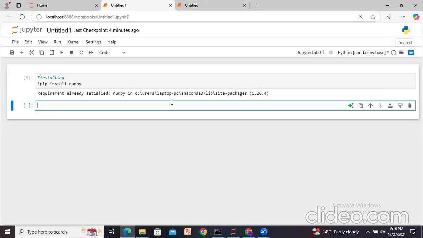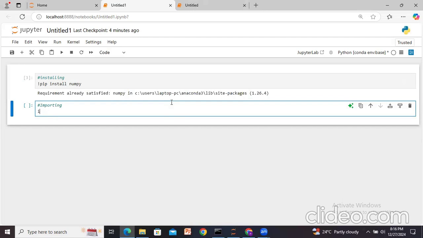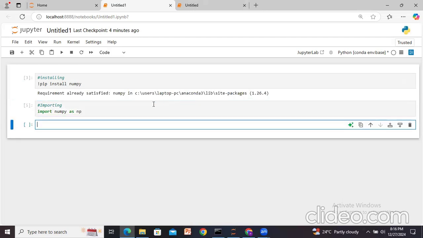And how to import it? Import NumPy as np. As np, why I'm using this: it's a shortcut. So from next time onwards, we will not write NumPy, we'll use np. Let's execute. Okay, this is done. And verification: which version are we using? It is already showing 1.26.4. Just for our understanding, how we can check the NumPy version: np dot version